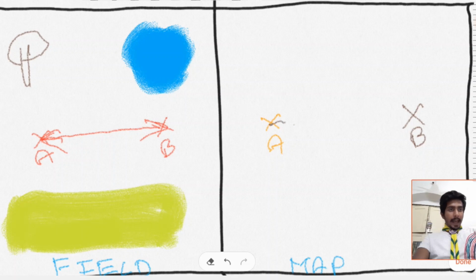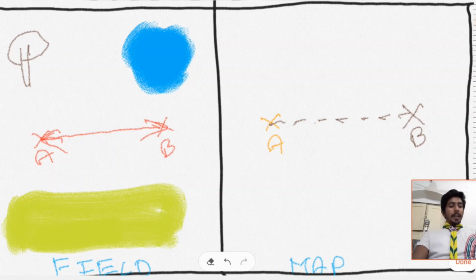With the help of the alidade, let us look to the point B and mark a line called the datum line. So now we have two sighting points A and B ready on the map. Let us go to step number 4.